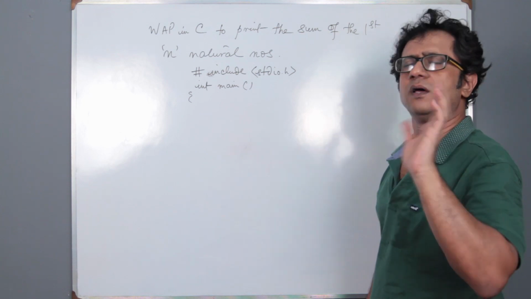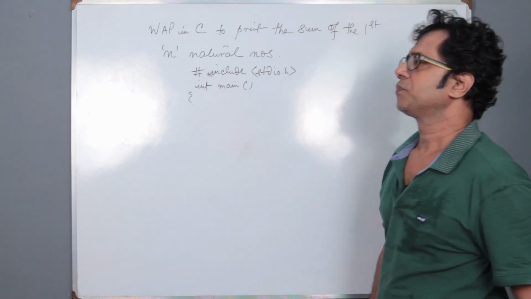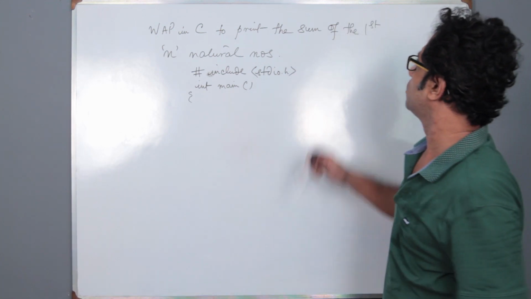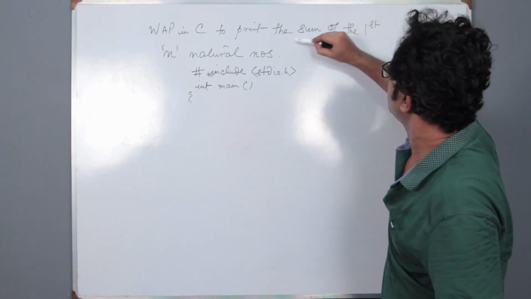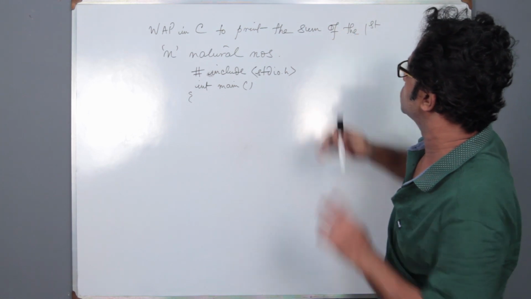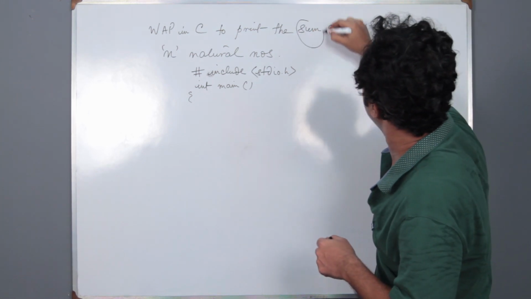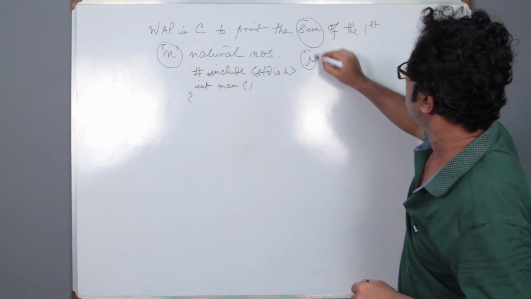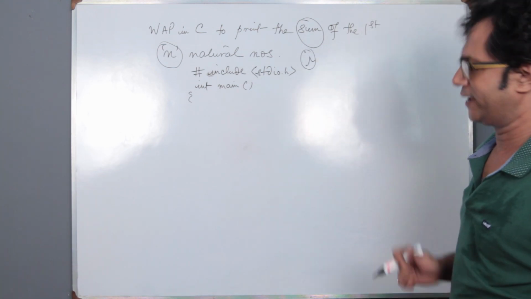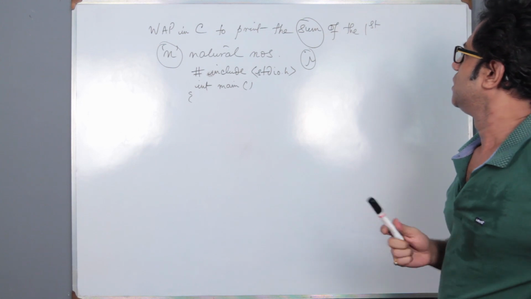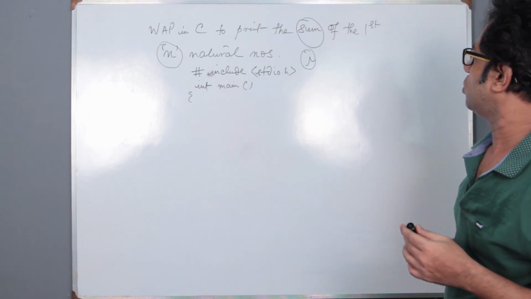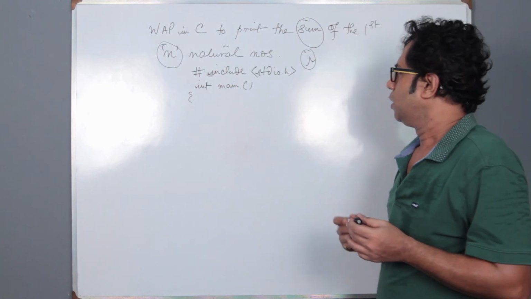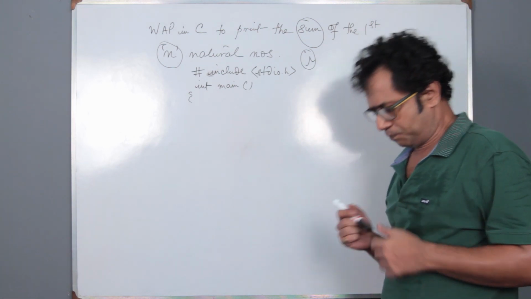That is the i which in convention we use, and then we have to take another variable because we have to print the sum of the n natural numbers. So sum will be one variable, n will be another variable, and i will be another variable. So I think that three variables will be enough for writing this program. So let's get started with writing the program.